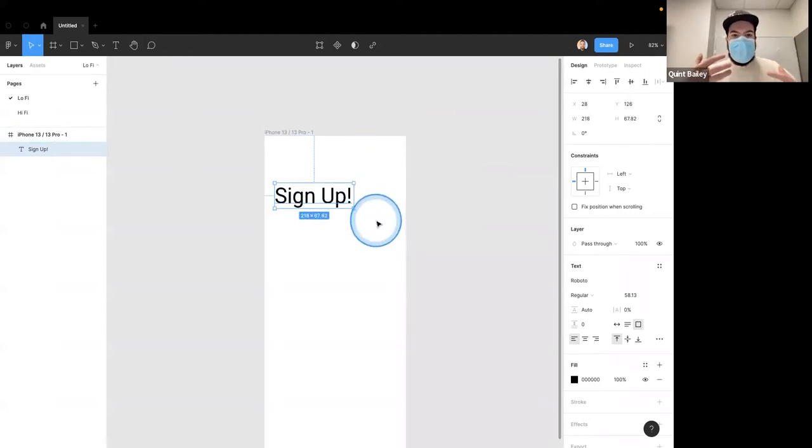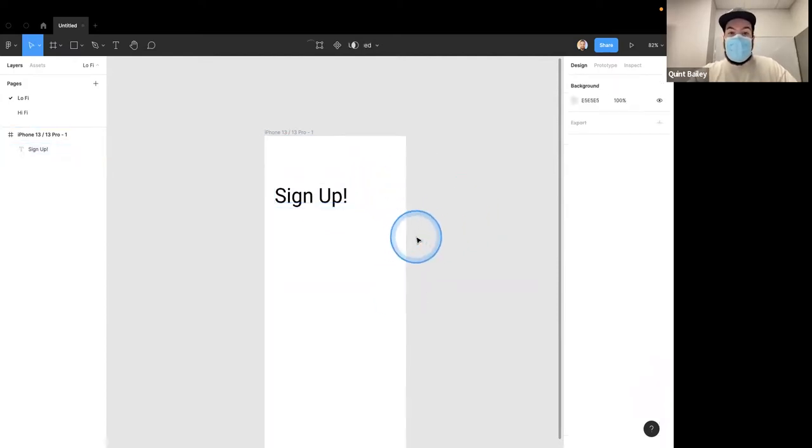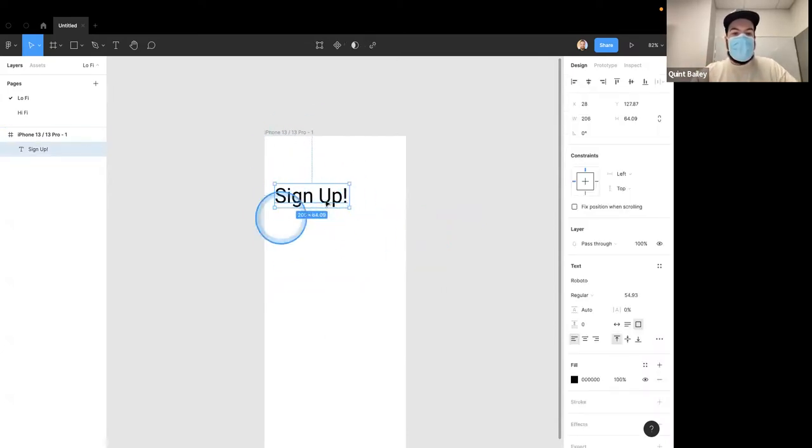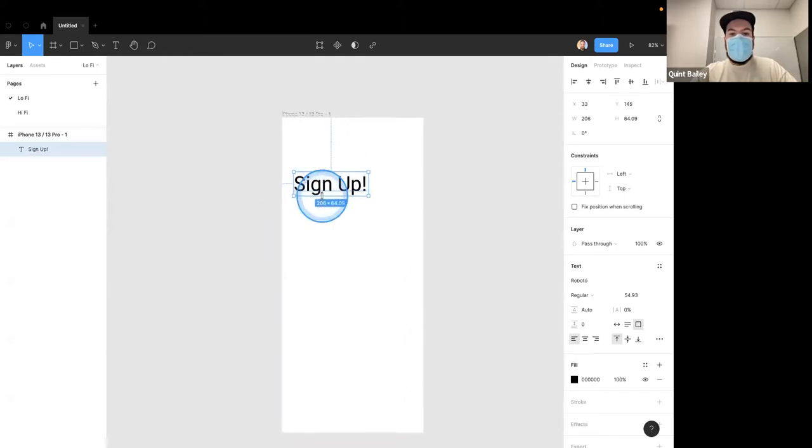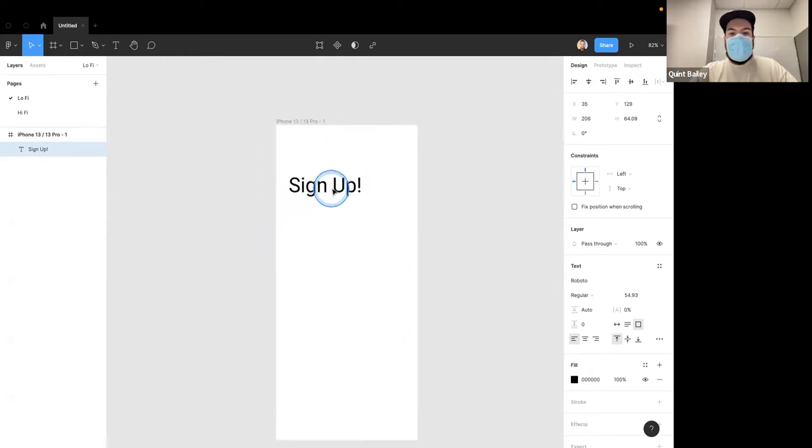If I want to scale everything at the same time, we're going to go to the scale tool over here or press K. And now we can scale it proportionally up and down, and that text will get bigger or smaller. That's great if you have lots of different text boxes with different sizes of text, but for the most part, since we're going to be working with this header kind of thing, it'll be better to use that K